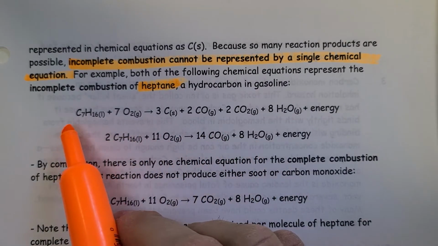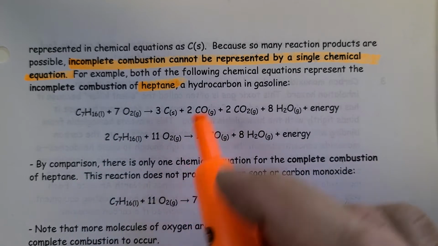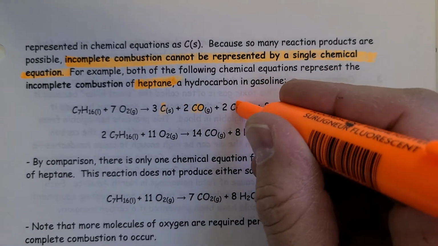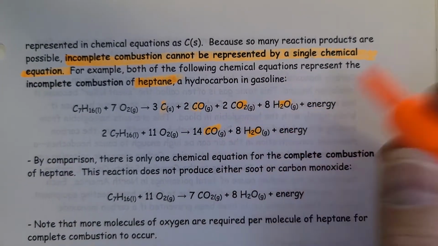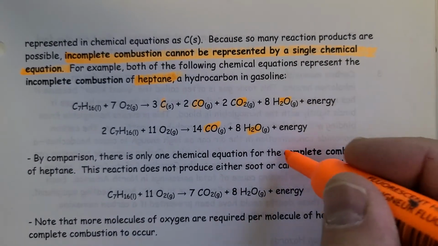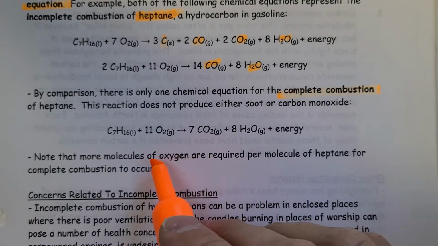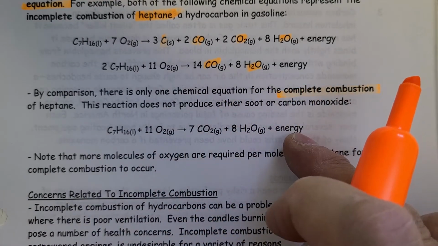We could have one molecule with 7 molecules of oxygen, or 2 to 11. We get carbon, which is soot, carbon monoxide, carbon dioxide, and water. The second equation just has carbon monoxide and water, so it's different. Whereas if we look at complete combustion of heptane, we just simply write CO2, H2O, and energy, and then balance